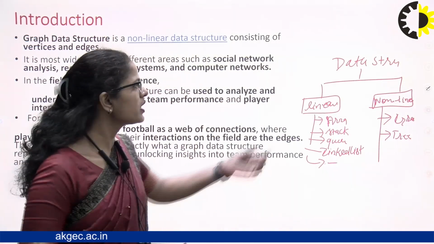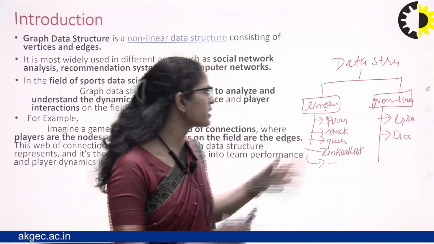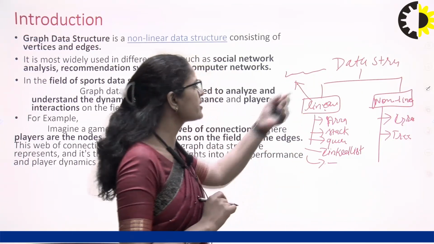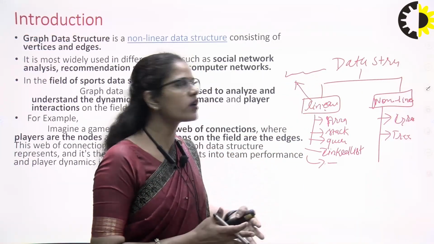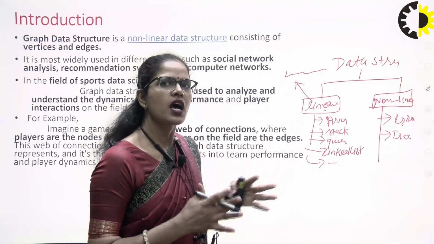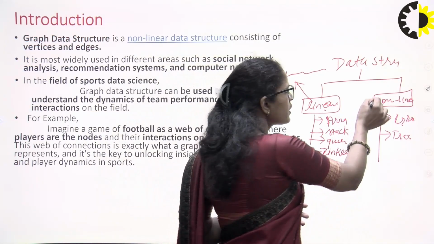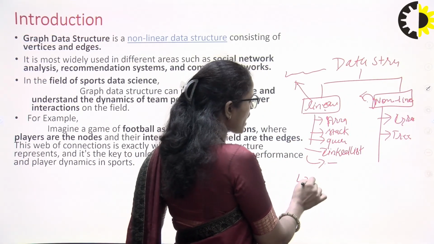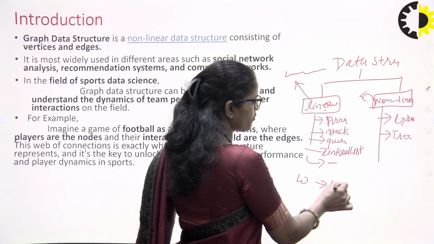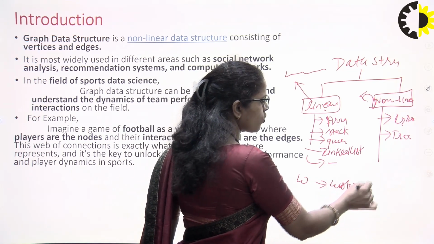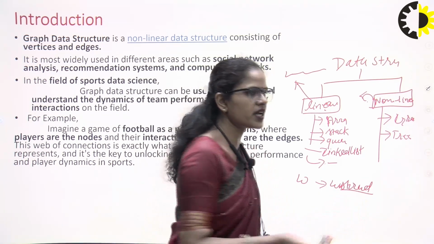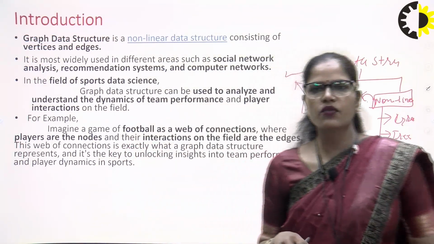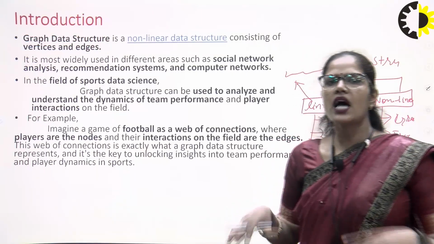The meaning of linear and non-linear is that in a linear structure we have the data in a sequential, ordered, arranged form, right? And in a non-linear data structure, we have the data in an unstructured form. There is no sequence, no arrangement, data are coming randomly for us, and we are collecting it in an unstructured form.